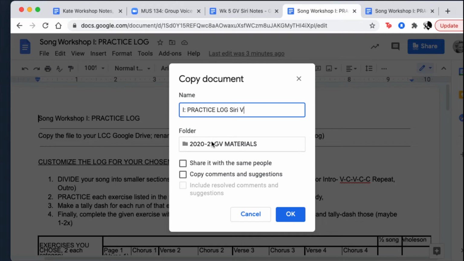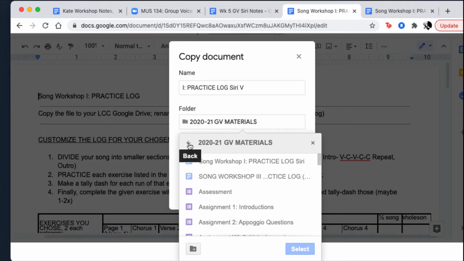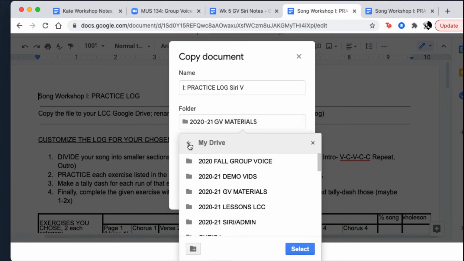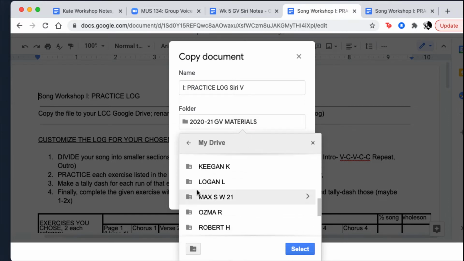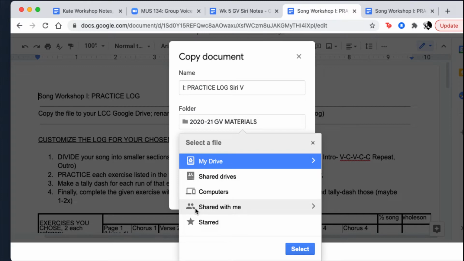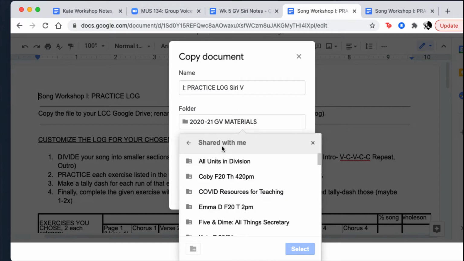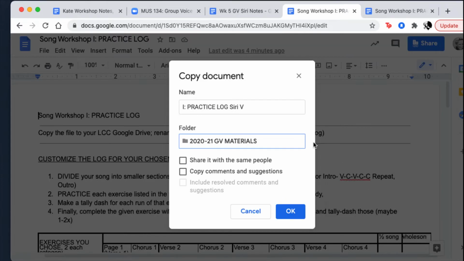Okay, I want to share it. So if I were you, I'm going to click on the folder that it currently resides in, and I'm going to go back to my drive. So this is all you. I have access to all your folders, right? I'm going to keep going back and I'm going to go to shared with me. That's one way, besides Moodle, that you would be able to access your personal folder. If you click on this, it's going to be in there. That's kind of beside the point right now, so I'm going to click out of that, but just letting you know that. So I've just created my own doc